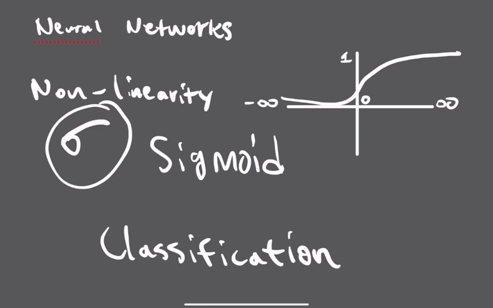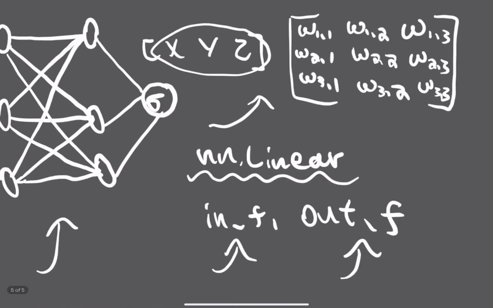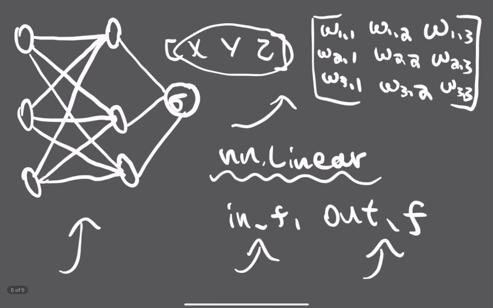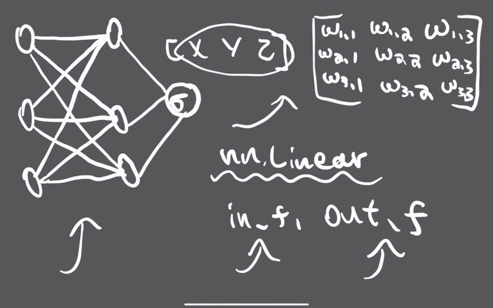Because if we stick a sigmoid function at the end of our neural network right here, and let's say we were to average, before we pass into the sigmoid function, this number and this number, then we pass that number into the sigmoid function, our neural network is now outputting one single number, right? And after we've done enough iterations of gradient descent and training to make these weights actually make sense, and not just be random numbers, we can interpret that output number as the probability that the input person is going to develop diabetes. So now we're actually able to do classification problems, right? We can classify an input